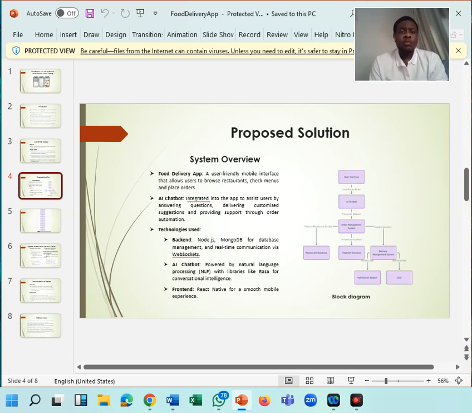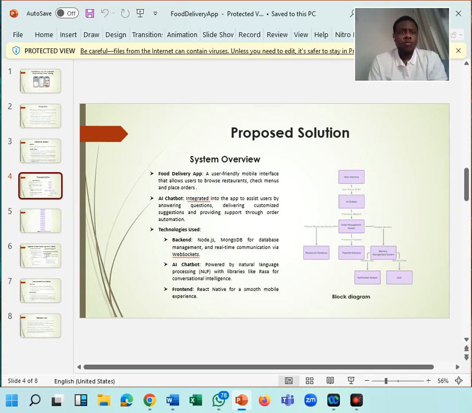And this AI chatbot will be integrated into the app to assist users in answering questions, providing customer support, and also order automation. It's a very robust application, and it's user friendly. So the user can also place orders using the AI chatbot and also make suggestions as well.